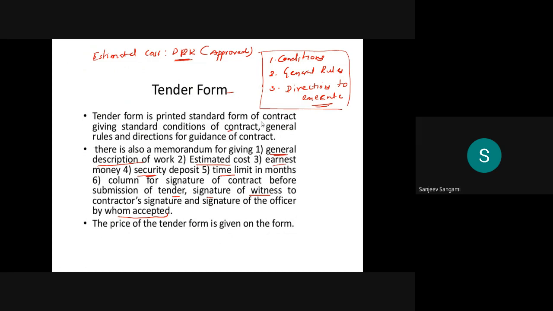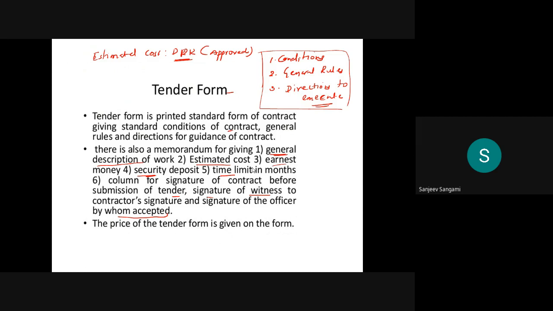There is also a memorandum giving the general description of the work. Then what will be the estimated cost, earnest money, the security deposit, and the time limit in months.